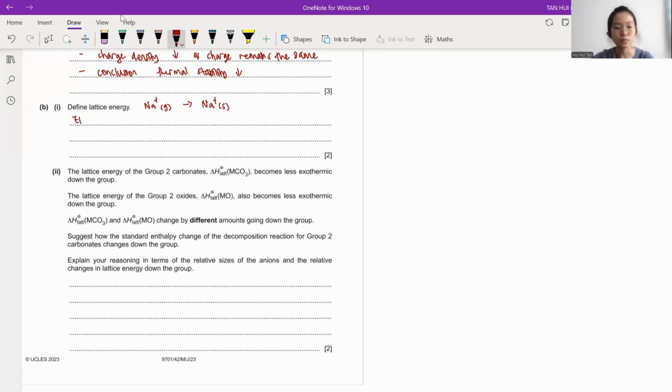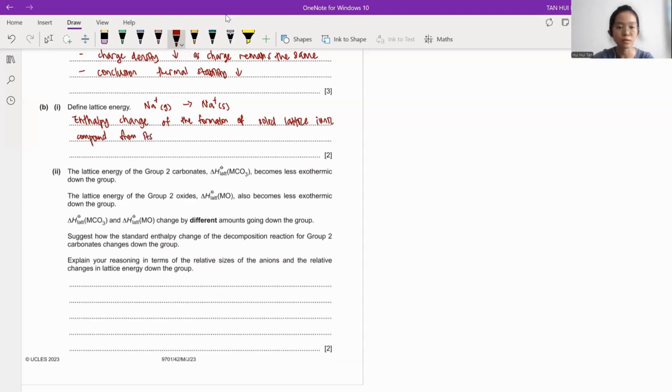And then you'll get your answer, which is the enthalpy change of the formation of, because it didn't mention standard lattice energy, you don't need to specify 1 mole. So it's just the enthalpy change of the formation of the solid lattice ionic compound